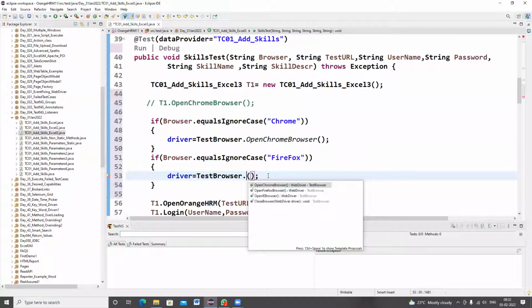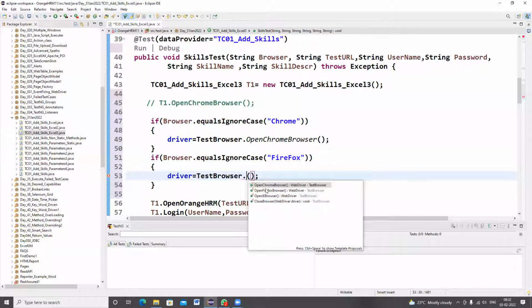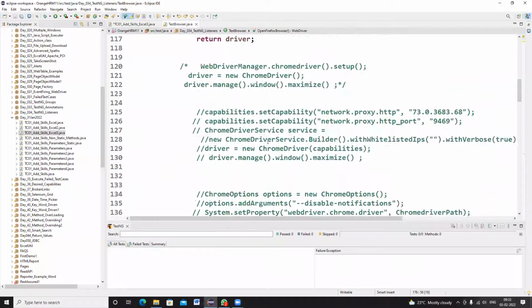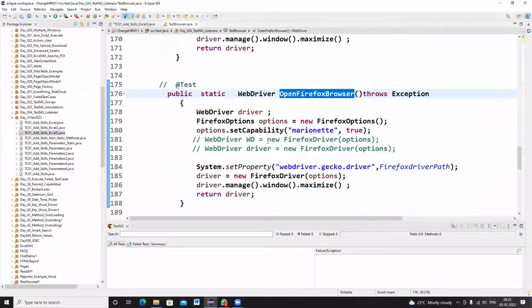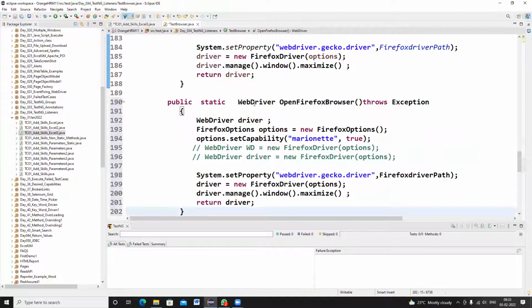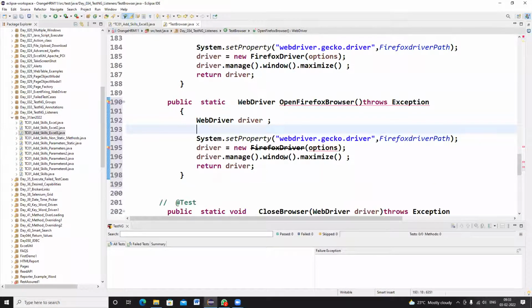One second. So System.setProperty, the Firefox driver path I specified.